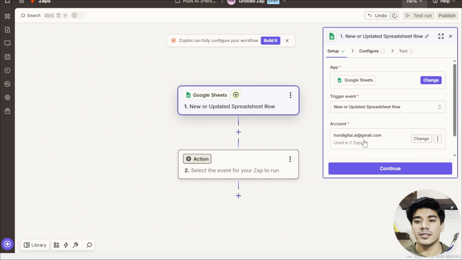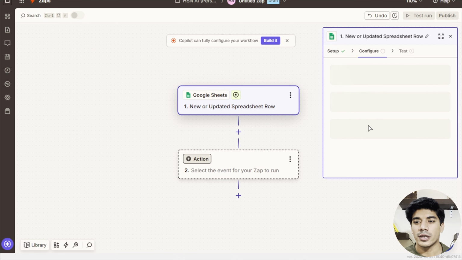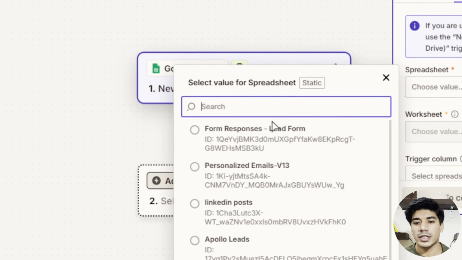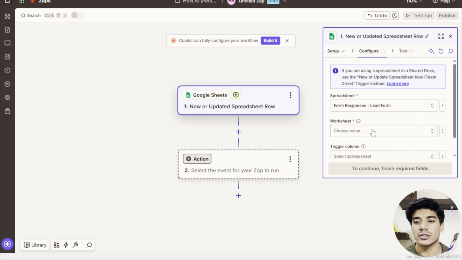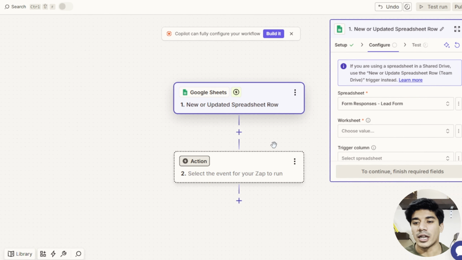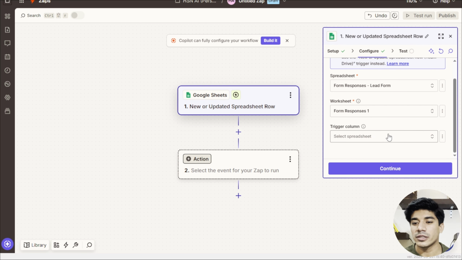And once that's done, we just click on continue, and then we can select our spreadsheet and worksheet. So I will just select the spreadsheet where all the Google Form responses are being saved, and we can also select our worksheet here. You can select any trigger column if you want, but it's not necessary, it just runs anyway. So just click on continue,